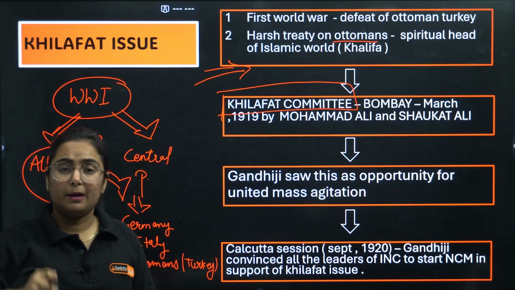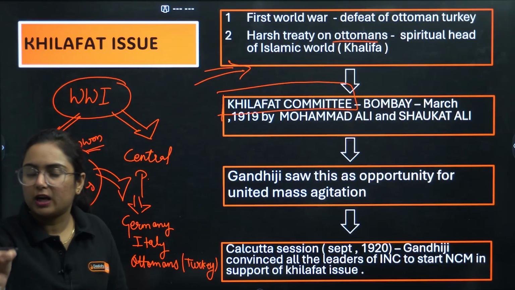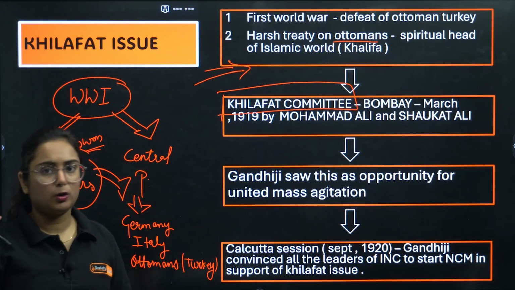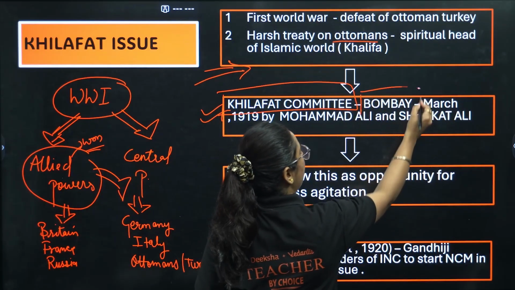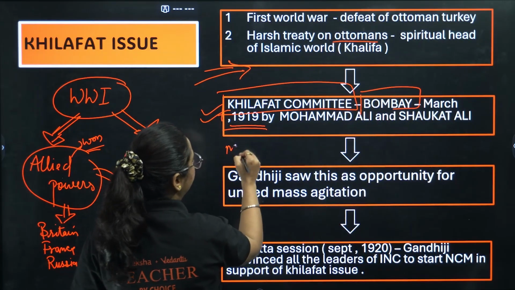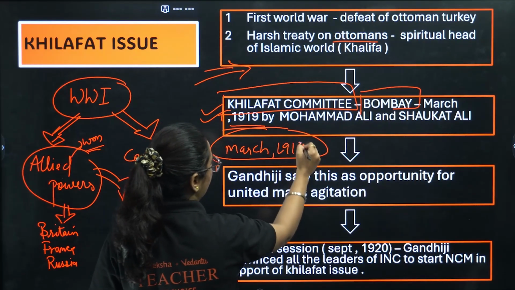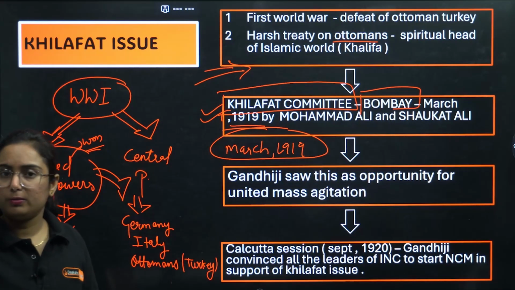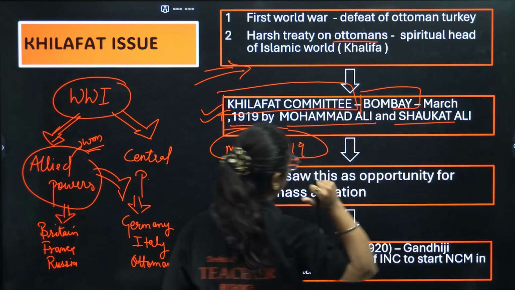Okay, a committee that is referred to as the Khilafat Committee, demanding that the power of the Khalifa, which he held in the Ottoman Empire, be restored. This Khilafat Committee was formed in Bombay in the month of March 1919. I want every student of mine to remember this month also. It was formed by Muhammad Ali and Shaukat Ali,